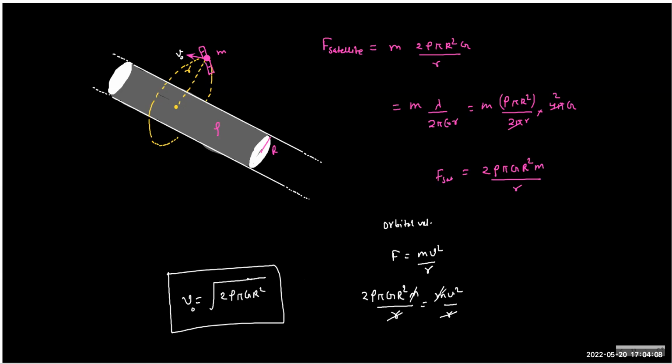Okay, all right. So this is a nice answer, and you can also see that the kinetic energy is again constant. So what is the kinetic energy of the satellite? Half m v square.